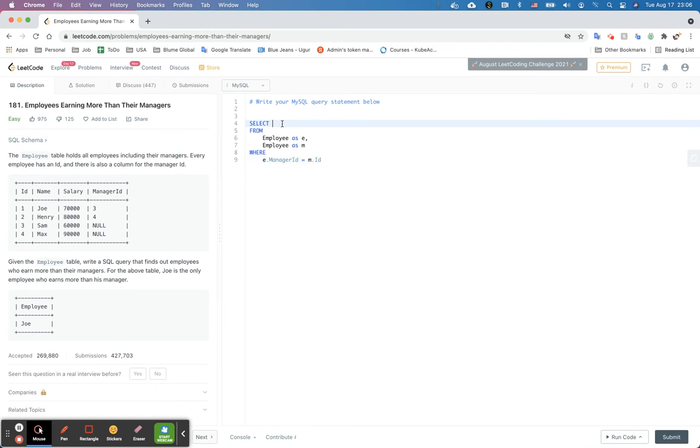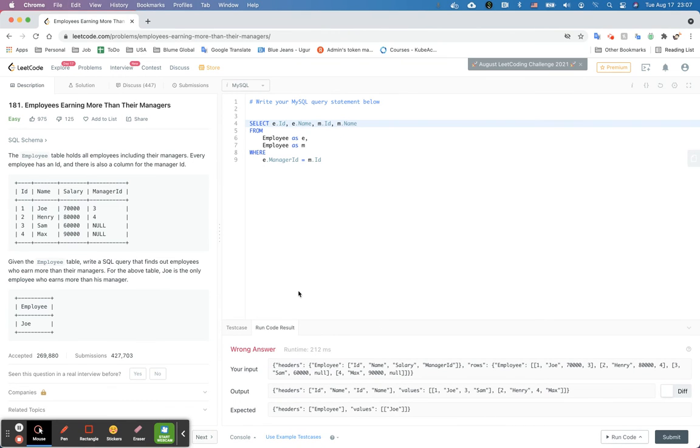So what do we get here? At first we get the ID and name, and then the manager's ID and name. Let's see what we get here at first. When we run the code,